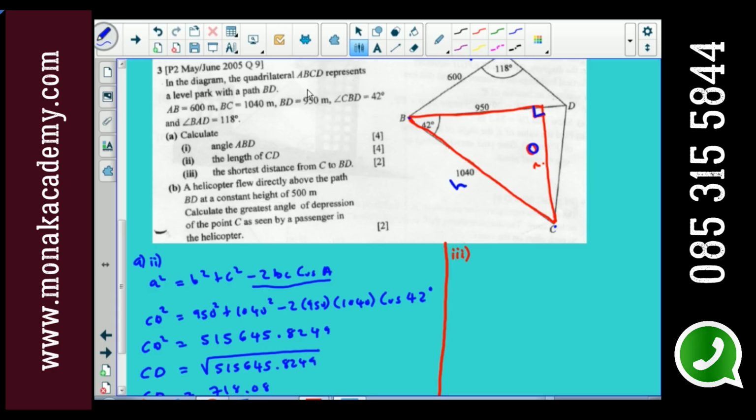What are we going to use? What is this? Understanding the C. So we're going to use SOH. So sine 42 equals opposite over hypotenuse. Cross multiply, 1040 sine 42 equals to,